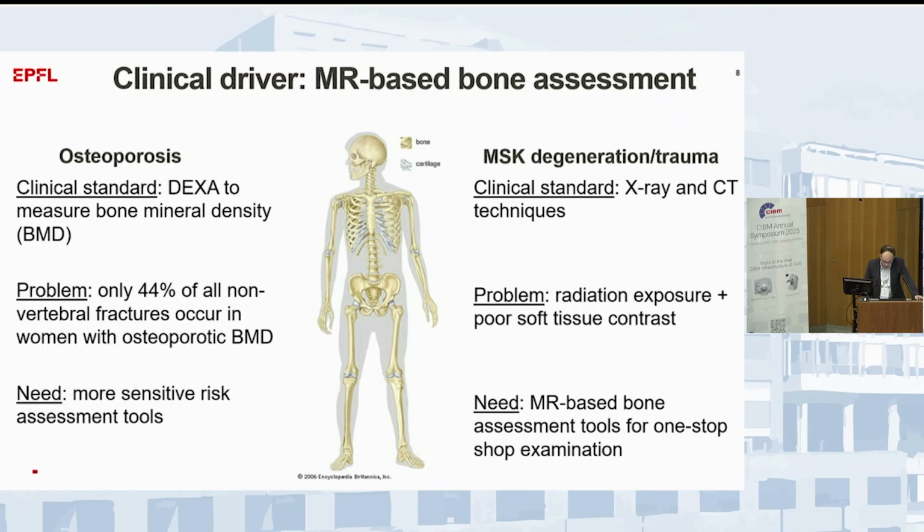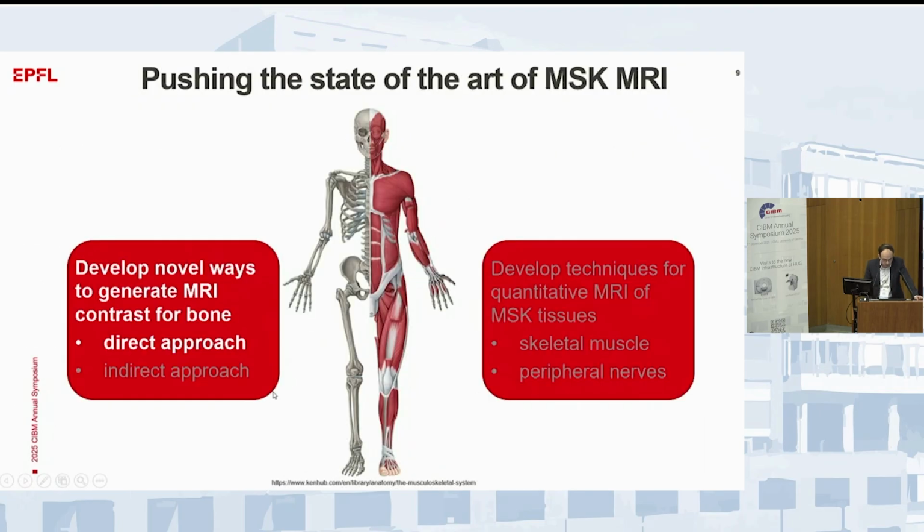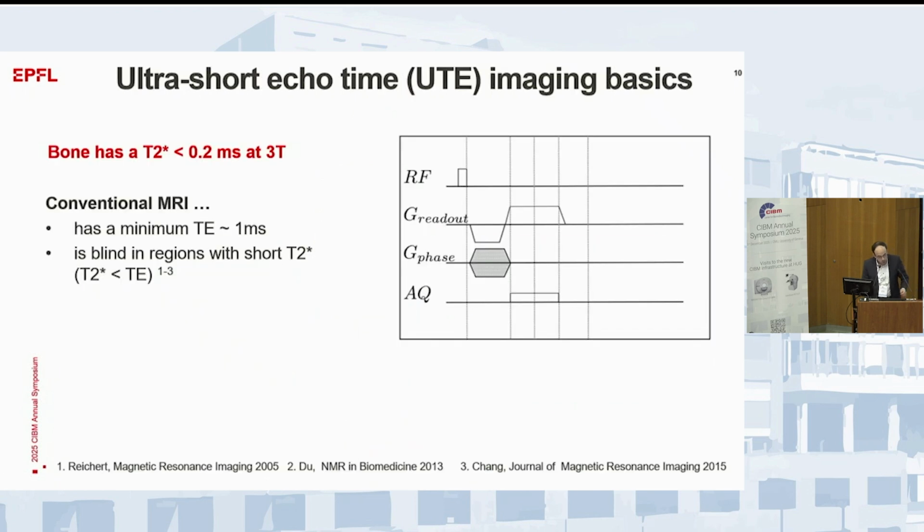So can we have the MR-based bone assessment in a one-stop shop examination, where we also have the soft tissue information from the MR? You can do that by looking at the bone and directly measuring its signal. Well, the issue is that the bone has a T2 star of below 0.2 milliseconds at 3 Tesla. So conventional MRI has a minimum echo time of around 1 millisecond, and basically bone looks just dark in a